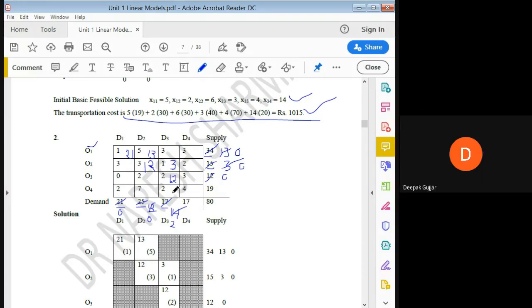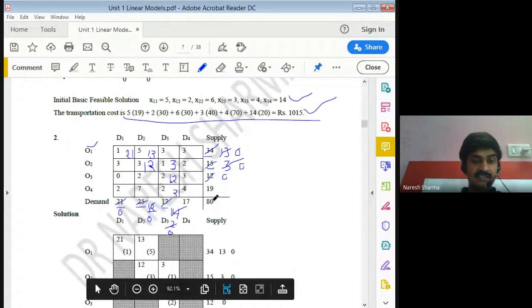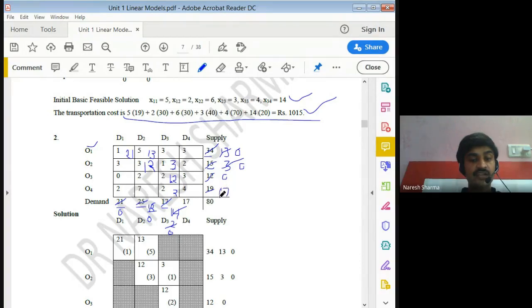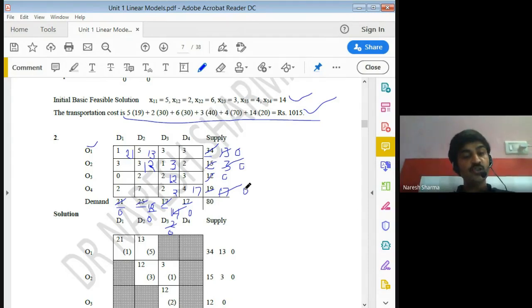So here we allocate, go downward in the table. Here we allocate 2 units, so it is 0, and this is 17. So we go to the right side in the table, always you are left with 0. So we allocate 17 here. This is 0. Demand is also fulfilled, this capacity is also fulfilled. That means we complete the demand from these factories only, right? If the problem is balanced, this should be the same at the last point, right?